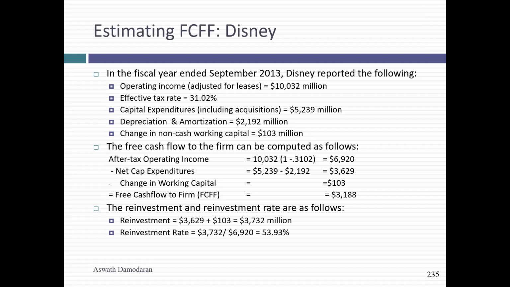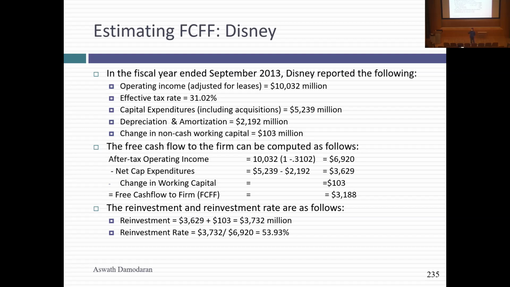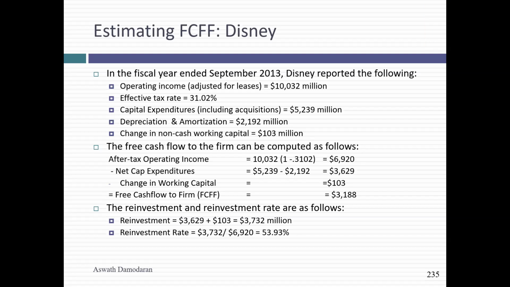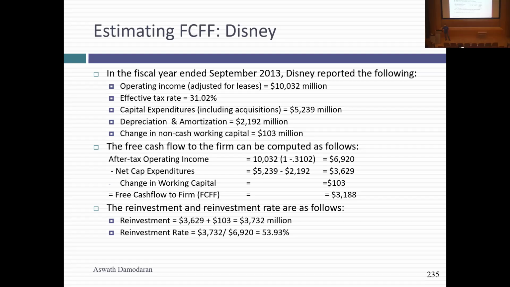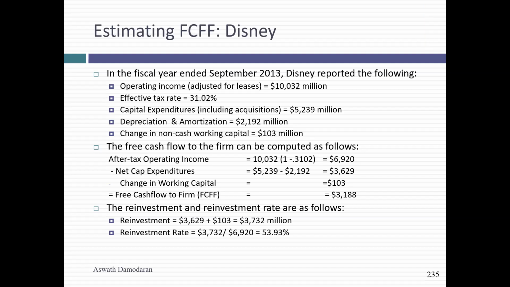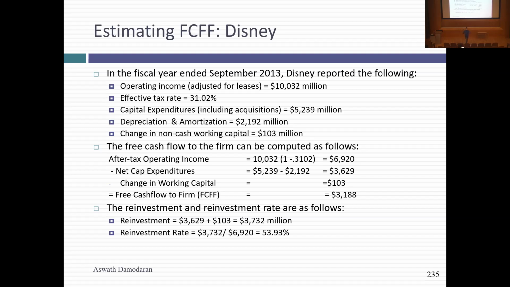Professor? Yes. Working capital, do you calculate that by subtracting all your current liabilities from your current assets and measuring the year-over-year change? It's the same definition of working capital we use in capital budgeting, which is non-cash working capital. I see. That's where I screwed up. So remove the cash and then the rest. Remove the cash and also remove the short-term debt from your liabilities. Okay, thank you. So don't take current assets minus current liabilities because it will give you total working capital, which really is not what you're looking for.